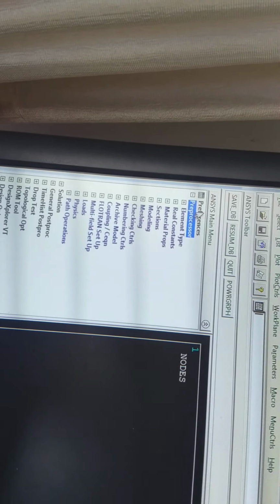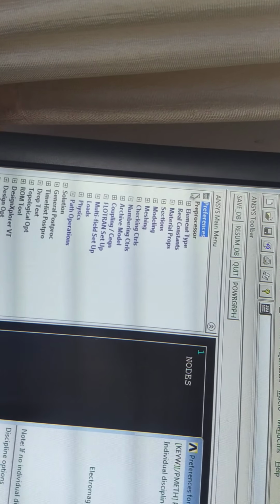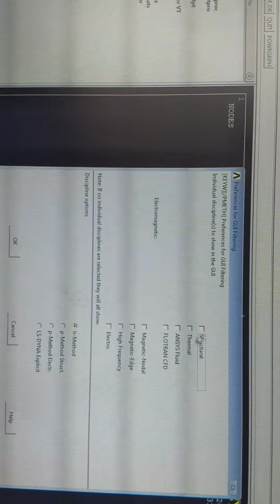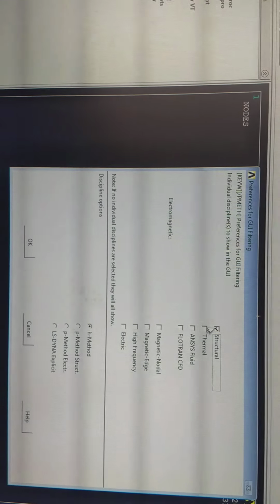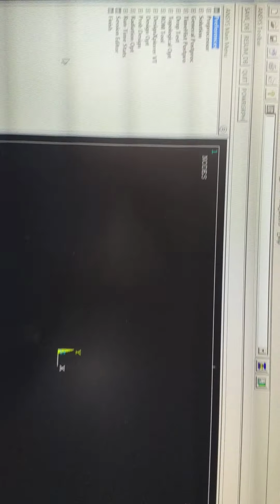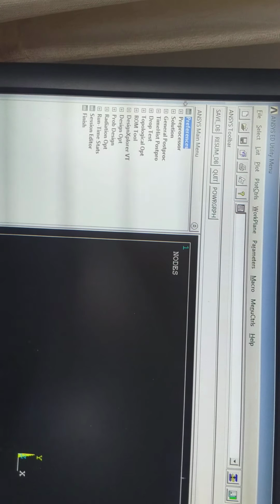So first step is go to preferences. Sorry, not here, this one. Go to preferences. So in preferences, select structural. Okay, then give OK. Next go to preprocessor.